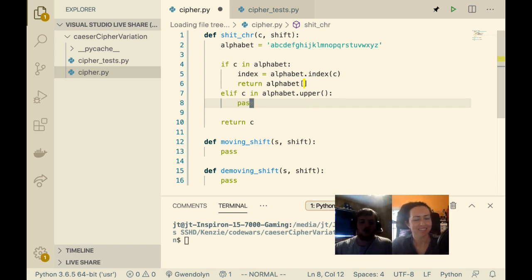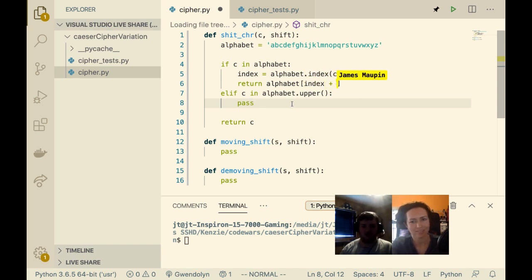Okay, so what we're doing right here essentially is we're grabbing the index of whatever character we passed in, because we know because of this if statement that the character is going to be inside the string. But in order to say if we only want to shift A once, we'd go A to B. We need to know wherever this character is in the string, so that's what the index is. And so what we're actually going to do here is return the index plus the shift, and then we're going to mod that by the length of the alphabet, right? Because then if it ever goes to, I think in this case 26, it'll rotate back to 0 because of how modulus arithmetic works, which is a whole guide in and of itself.